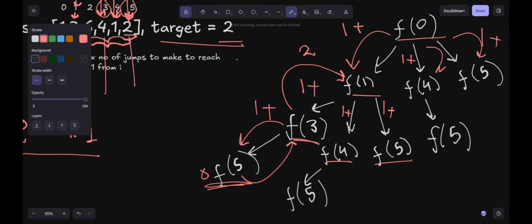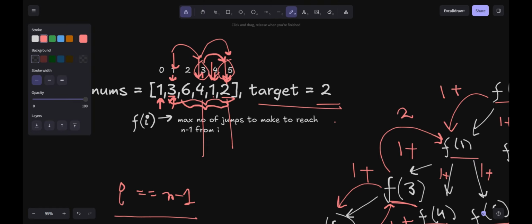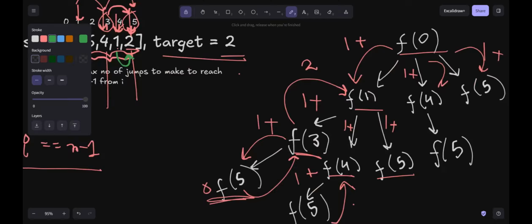Then here f of 5 is going to return 1 only to f of 4, because from 4 only one jump is required to reach 5.